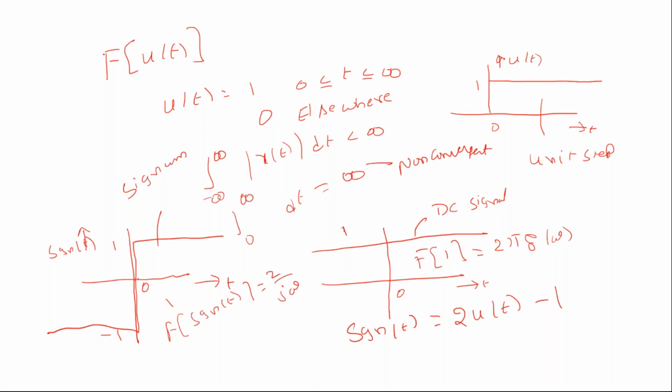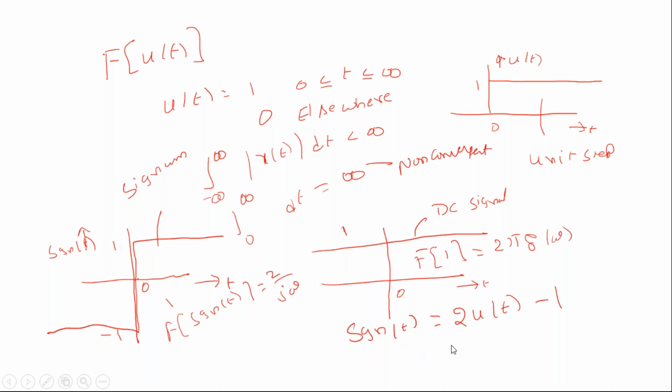Please see this equation and tell me. Now observe these waveforms. Already I have the waveforms here. Signum function equal to 2 times u of t minus 1. Is it right or not? Please check the equation and tell me. Please see the waveforms. Already you have the waveform for the signum function, which is this. The DC waveform is this, and the u of t waveform is this.